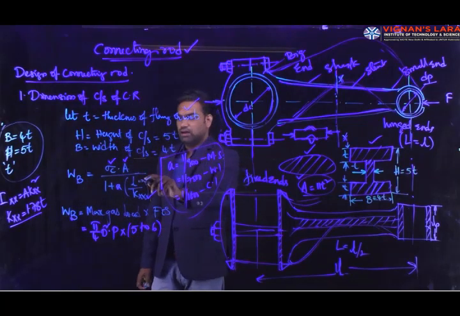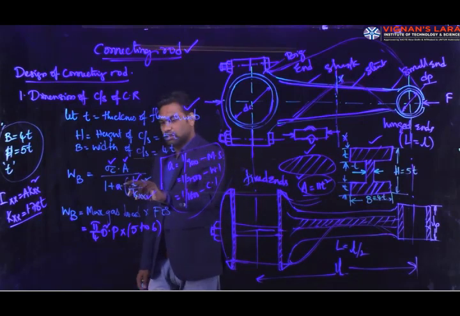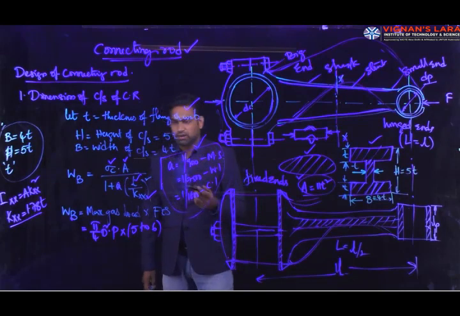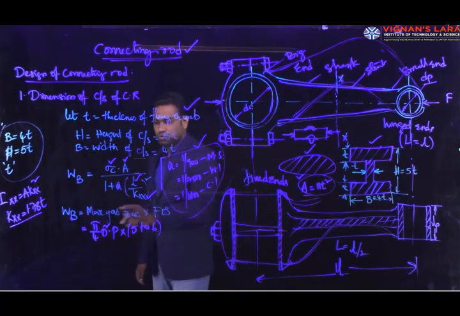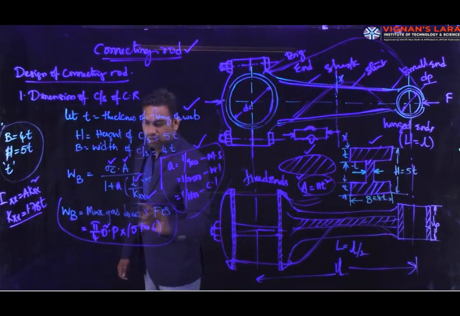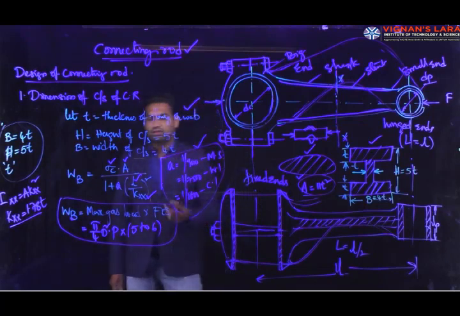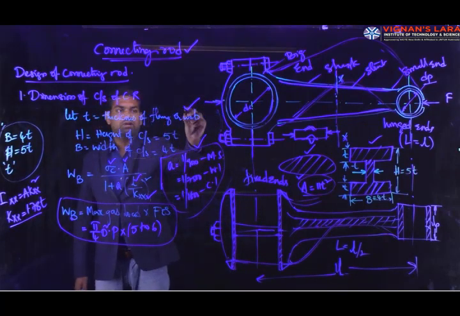or flange, and L, that is the effective length of the connecting rod, which is given in the data, and A is a constant value based upon the type of material you take, and sigma c is the permissible compressive stress for the connecting rod material, and WB you can calculate using this equation, maximum gas load into factor of safety. So by equating these two terms you can calculate the thickness of web or flange, that is small t.